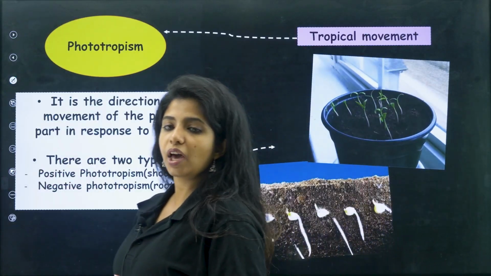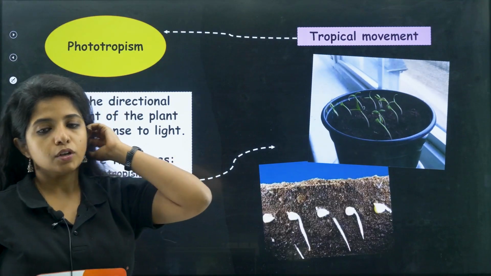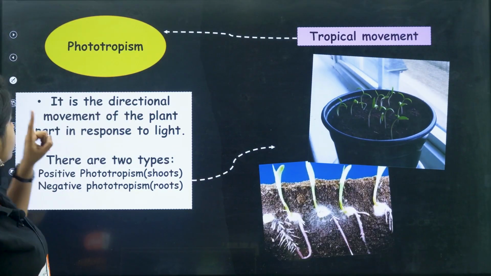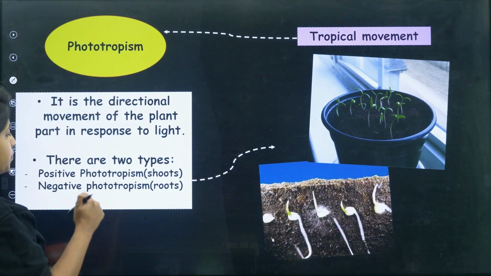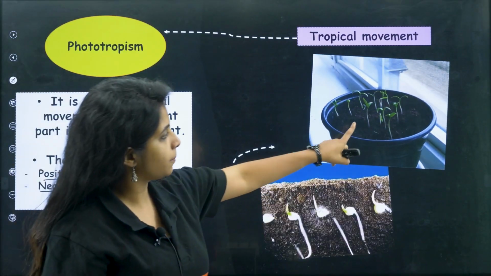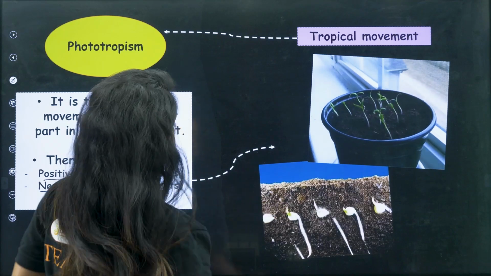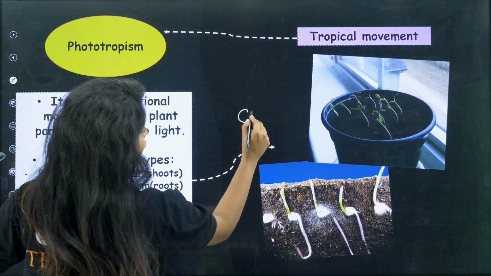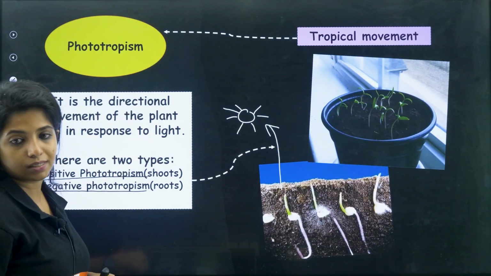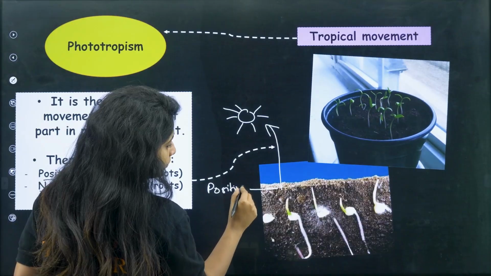Now we are going to talk about phototropism. That is the first tropical movement that you have. Over here, it is a directional movement of the plant part in response to light. You have two different types: positive phototropism and negative phototropism. If you see this, the shoot is always going to move towards the sun. If this is the sun, it will always move towards the sun. So I will say that the shoot basically shows positive